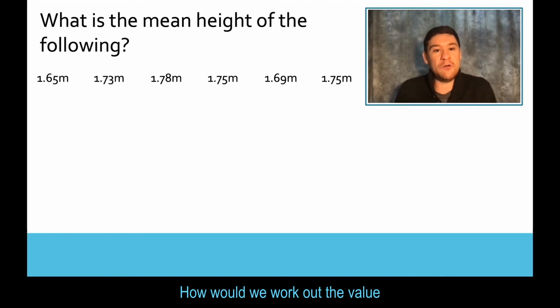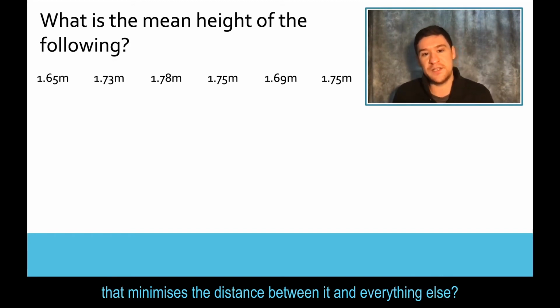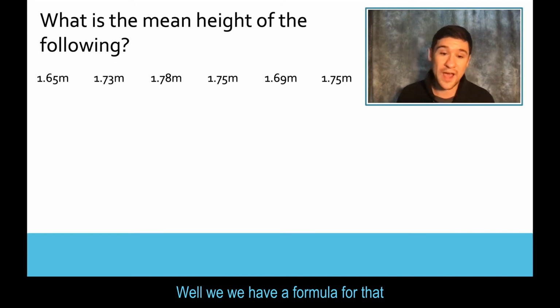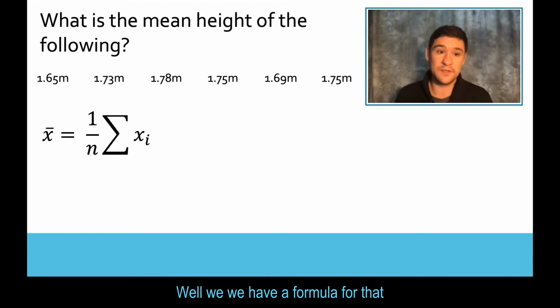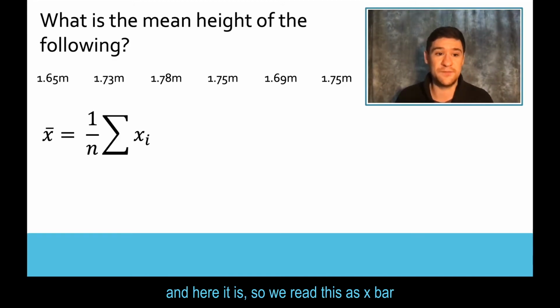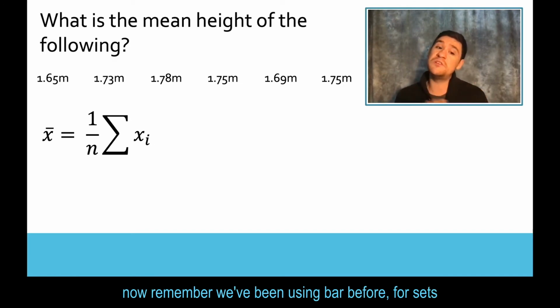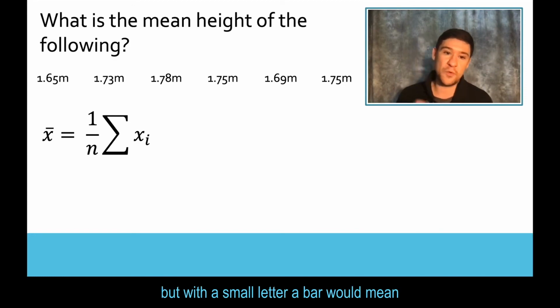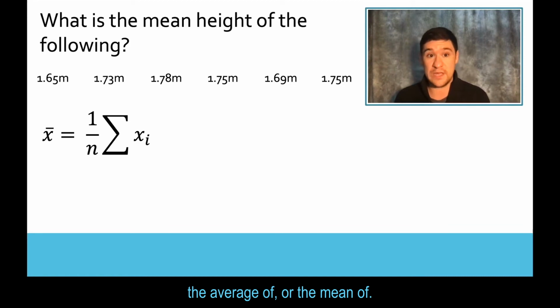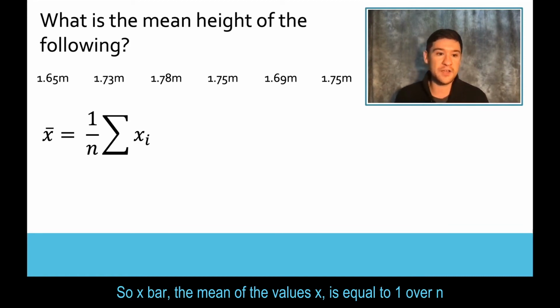How would we work out the value that minimizes the distance between it and everything else? Well, we have a formula for that. And here it is. So we read this as x bar. Now remember, we've been using bar before for sets to mean the complement of. But with a small letter, a bar would mean the average of, or the mean of. So x bar, the mean of the values x, is equal to 1 over n,